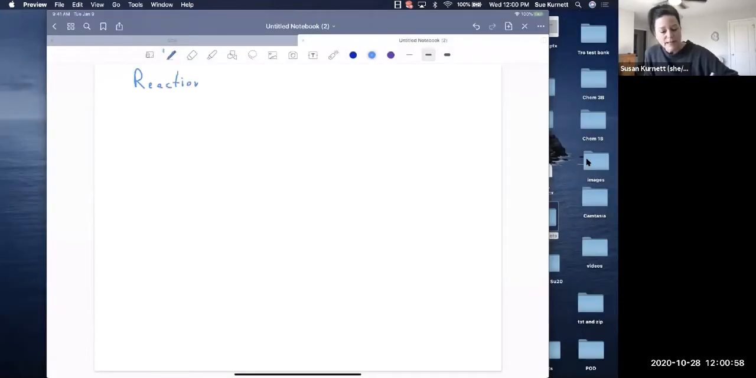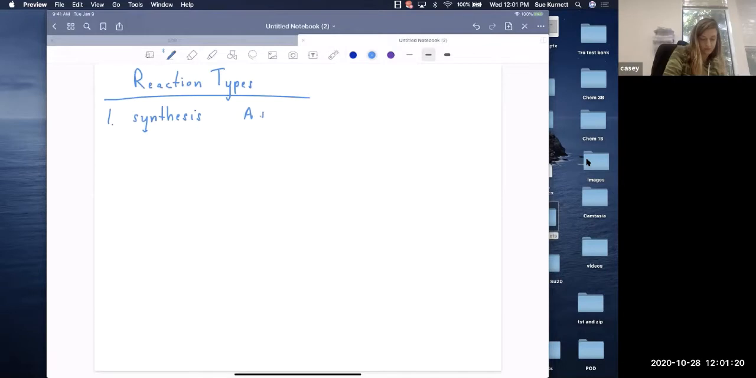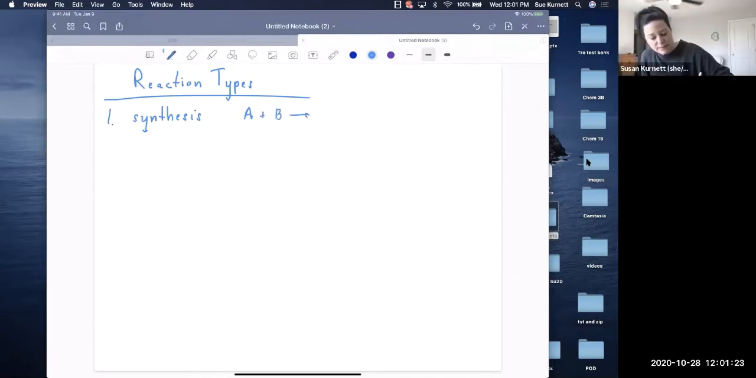Now, there are some reactions that can't be classified according to these types, but a lot of reactions, especially in our class, can. So synthesis, which is also called combination, is where two smaller things combine to give something larger, or three smaller things combine to give something larger. So I typically write it like this: A plus B react to form C. And it could be something like